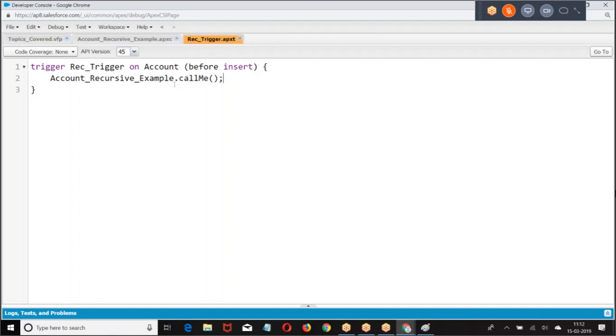When an account is created, the trigger will be called. Within the trigger, what are we doing? Inserting one more account. If I insert one more account, what will this account do? Call the insert trigger. Again, the insert trigger will create one more account. One more account will call the trigger. Trigger will create account. Account will call trigger.